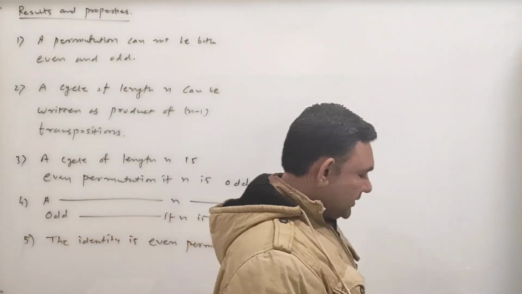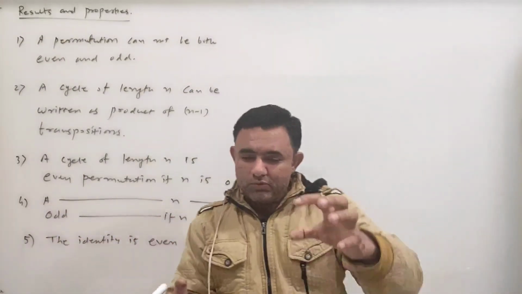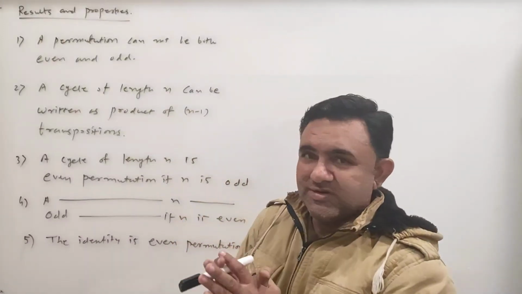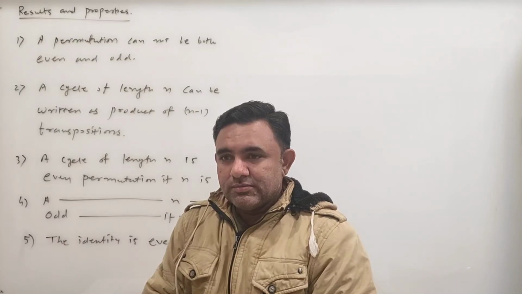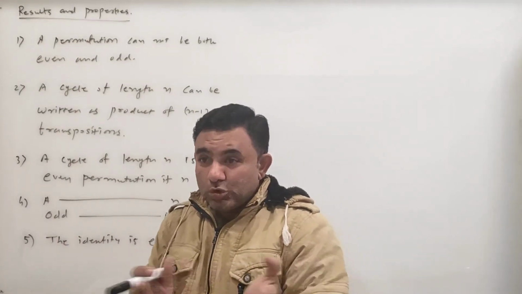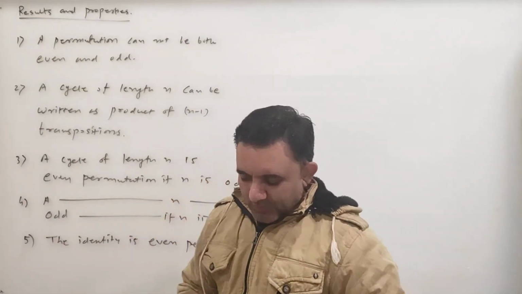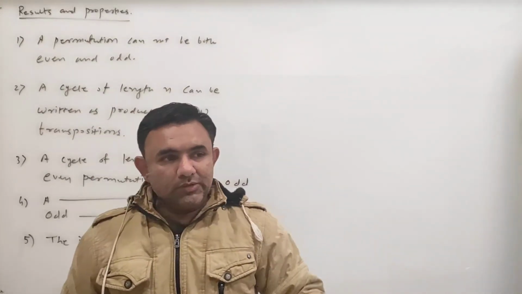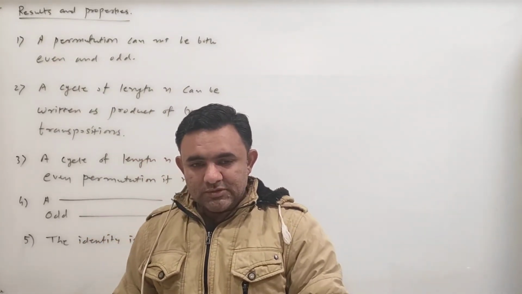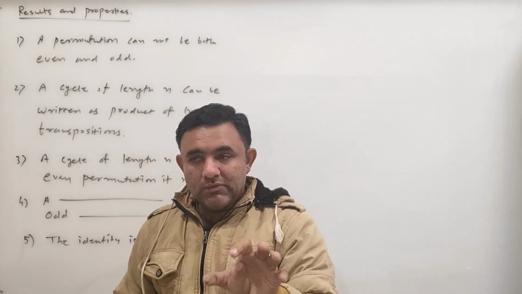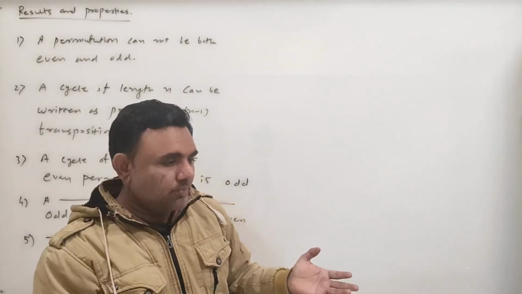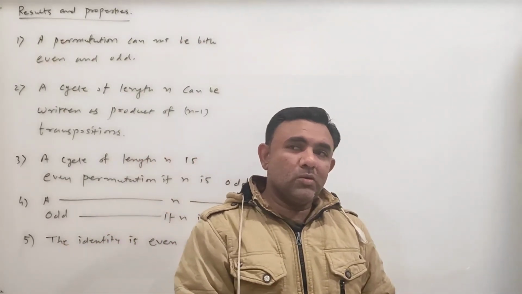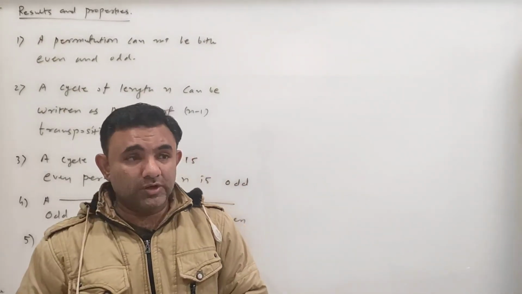It will be interesting to observe that if you have two permutations, then we have 4 cases: both are even, both are odd, one is even and one is odd, or odd and even. So if you are given two permutations, one even and one odd, what will be the product, whether it is even or odd? If both the permutations are odd, then what can you say about its product?